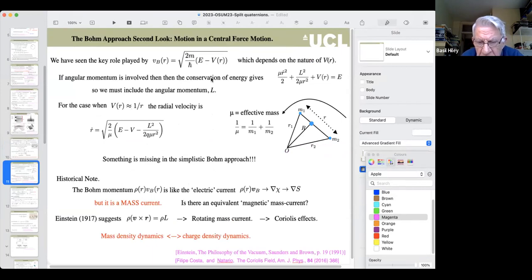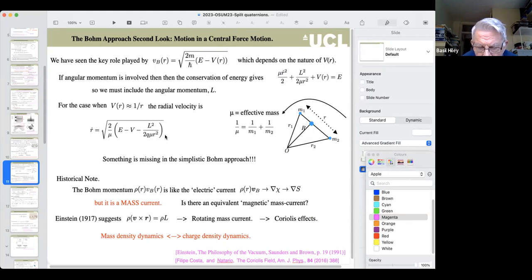Now, one of the troubles with the simplistic de Broglie-Bohm theory was the key role played by the velocity, and in this game, in de Broglie-Bohm, that V has a B to it. It's the Bohm velocity, it's usually called. It is in the group I work with. Okay, but this depends very much on the nature of the potential. And if you go to a 1 over R potential, what you find is you've got to bring in